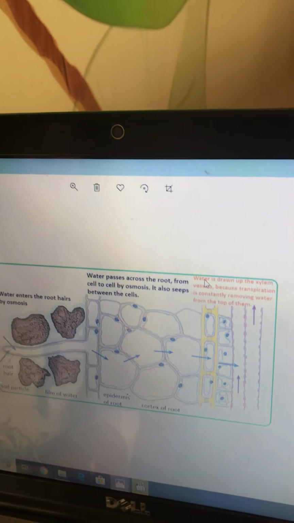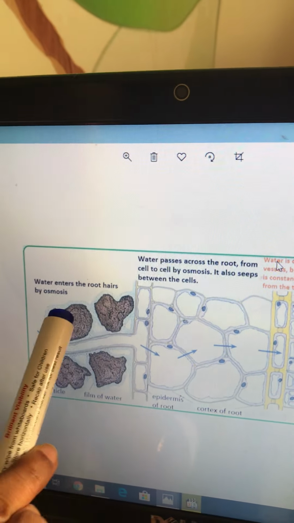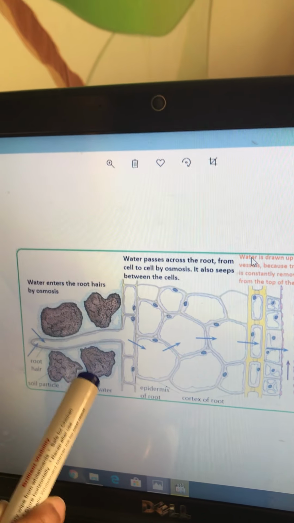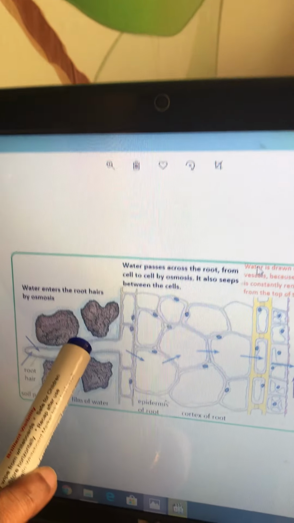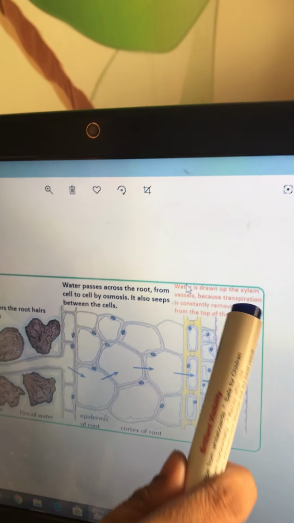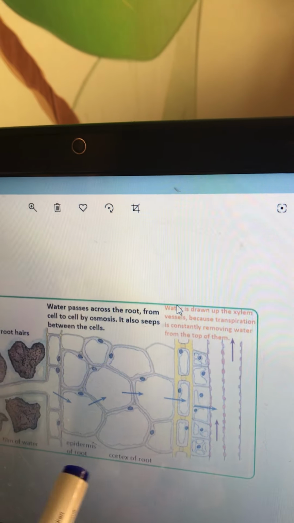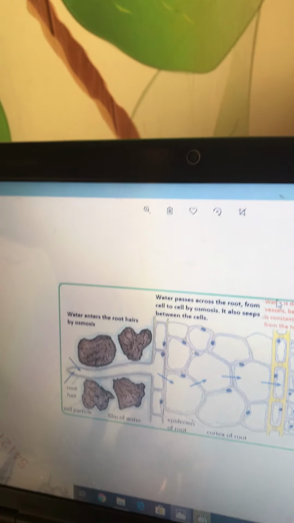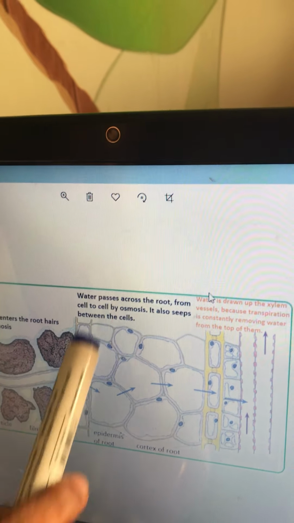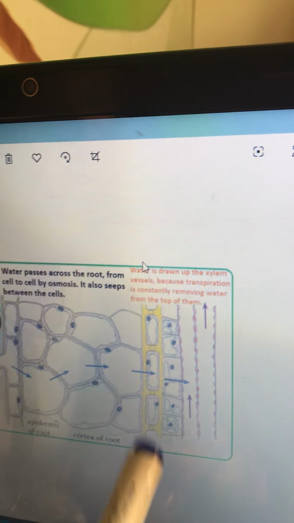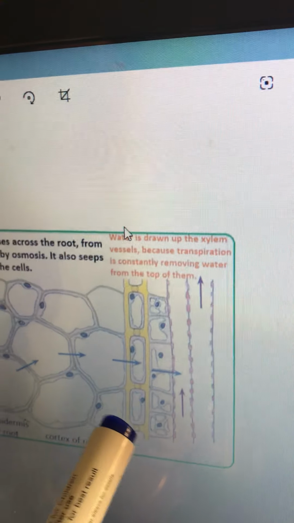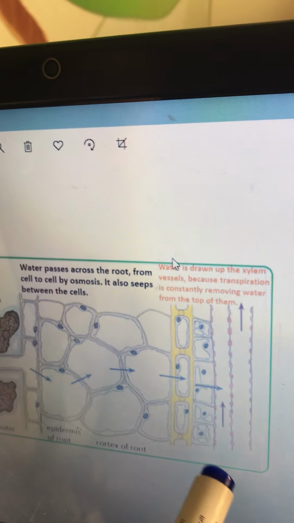Here you can see, this is representing the root. These are the soil particles. From the soil particles, the water will move into the root by a process called diffusion. This one represents the anatomy of the root, the internal structure of the root. Here you can see the outermost covering tissue is the epidermal cells. You can see the thickness of the root, that is the cortex. Then you can see two more layers, representing the endodermis and pericycle. You don't need that much detail.